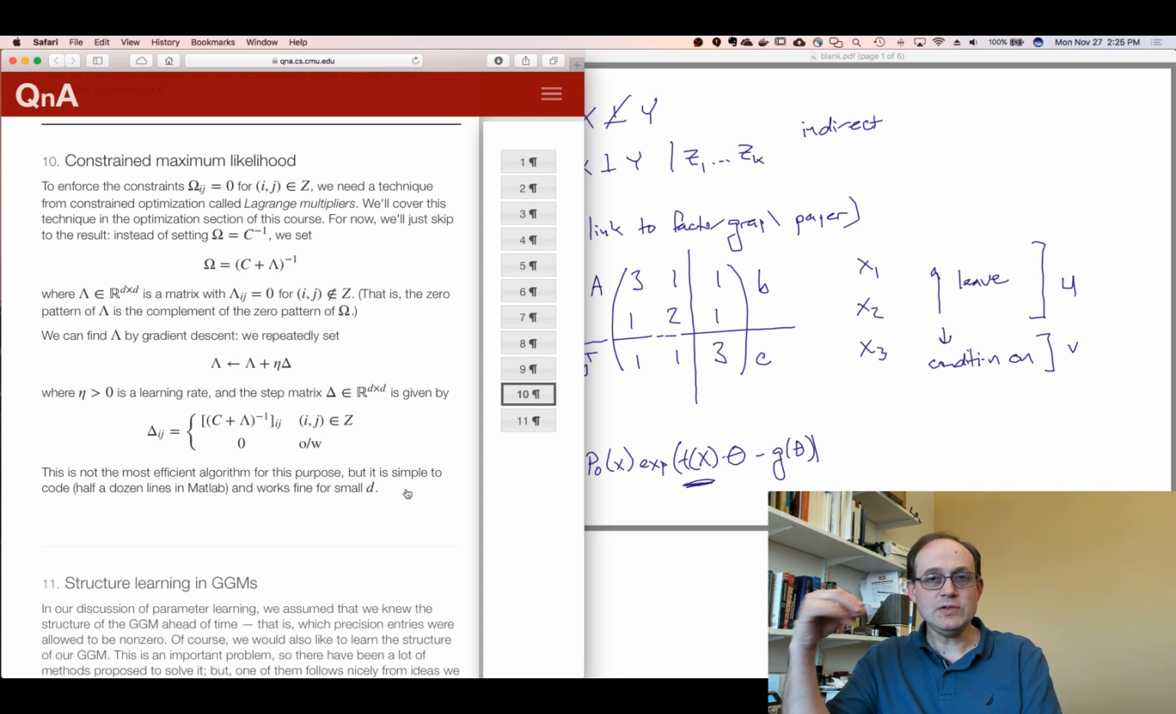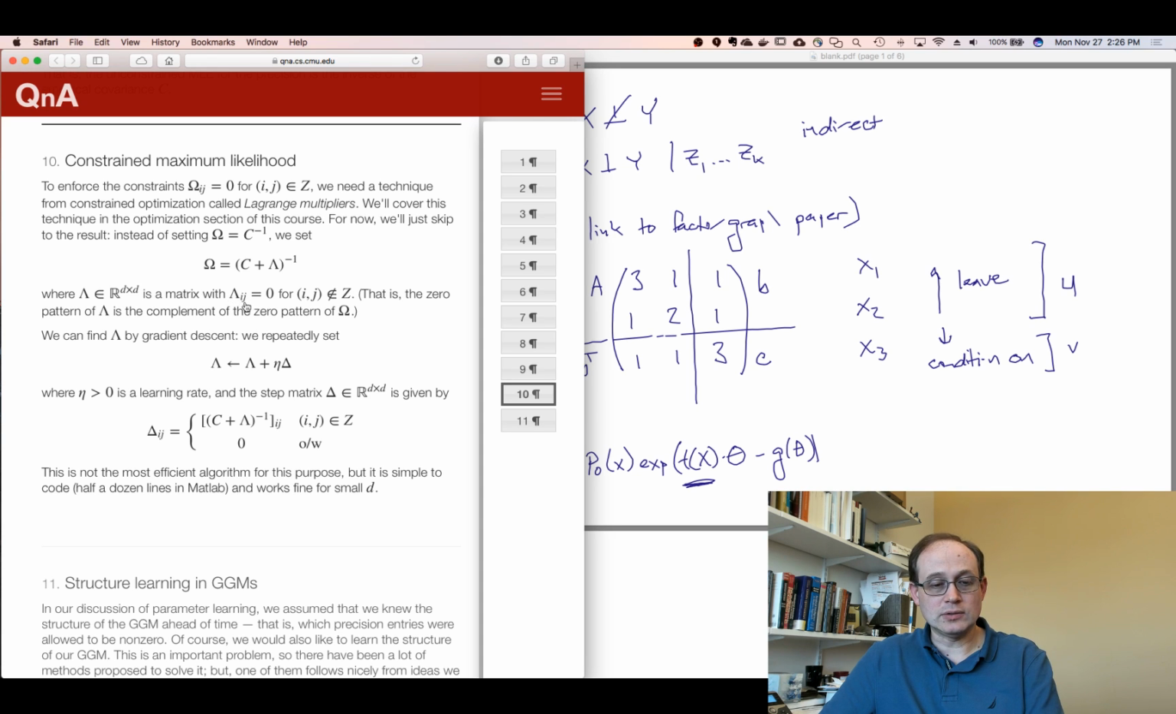And to do that, we need something that we haven't covered yet, which is a technique called the Lagrange Multiplier. We'll actually talk about Lagrange multipliers in more detail in a lecture or two. But for now, I'll just tell you what the answer is. So the answer is that we'll make another matrix, call it lambda,